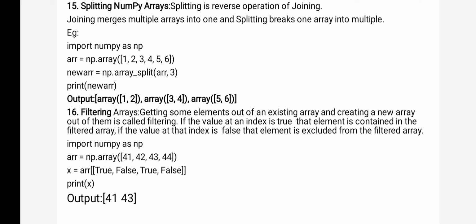It is the index of the above array which contains true or false. So when you perform a filter on this, whichever element index is true, only that element is printed and the remaining will be skipped. Okay. So this is about filtering, and these are the few important functions of the NumPy library.